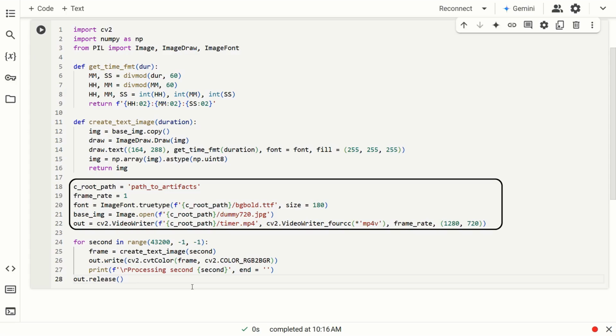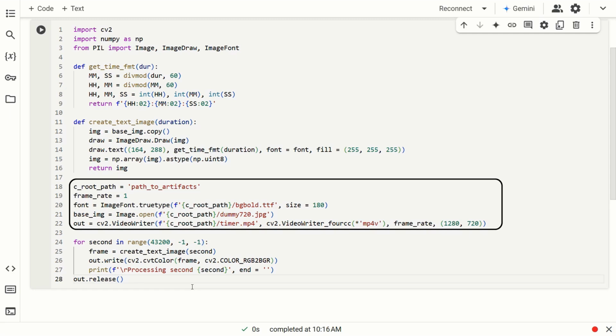You'll probably know by now that a video is just a series of images played in quick succession. Videos have something called frame rate, which is the number of frames per second. Typically, videos have a frame rate ranging from 20 to 30, sometimes 60. The more the frame rate, the smoother the video. But, as we are dealing with seconds, it should be enough if we write 1 frame per second.